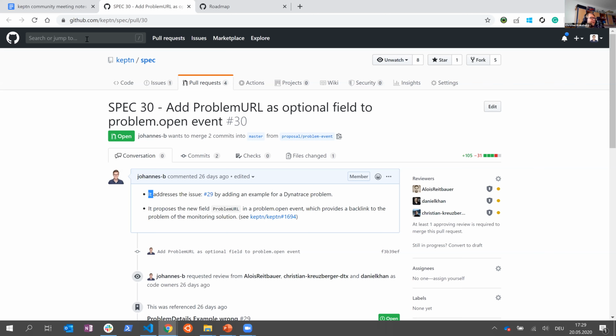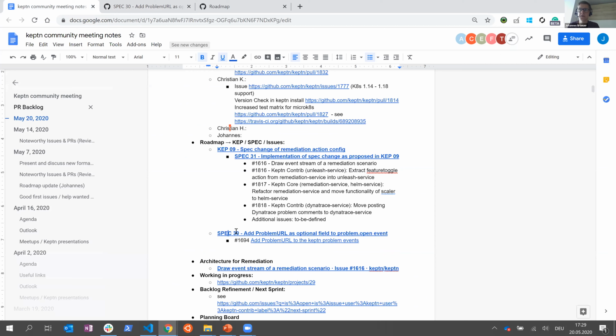Okay, I'll take a look at it. Thanks. Thank you very much. Cool. When this one is merged into the master, then we are ready to implement the spec change in this task. All right,